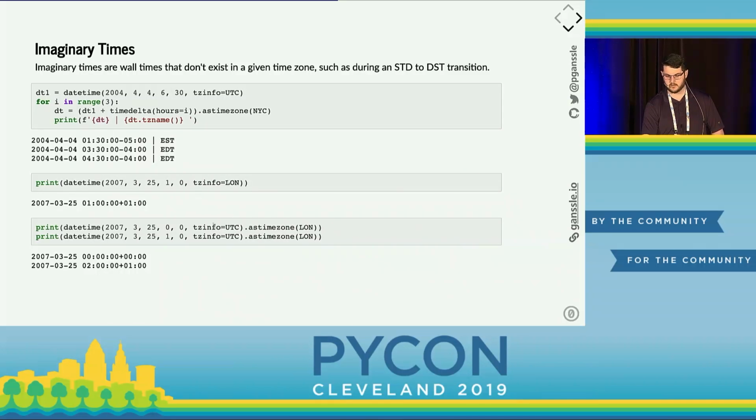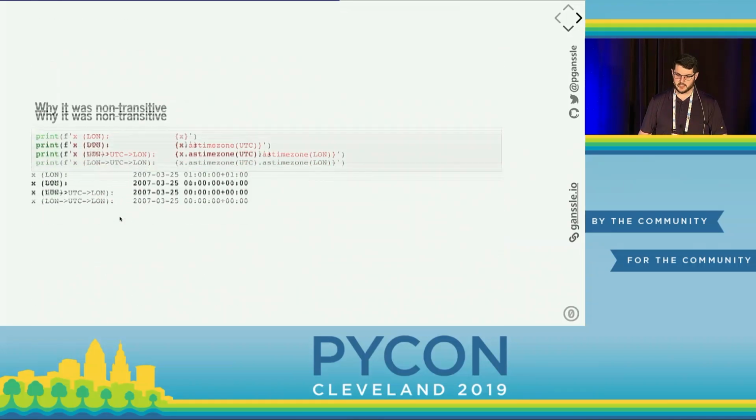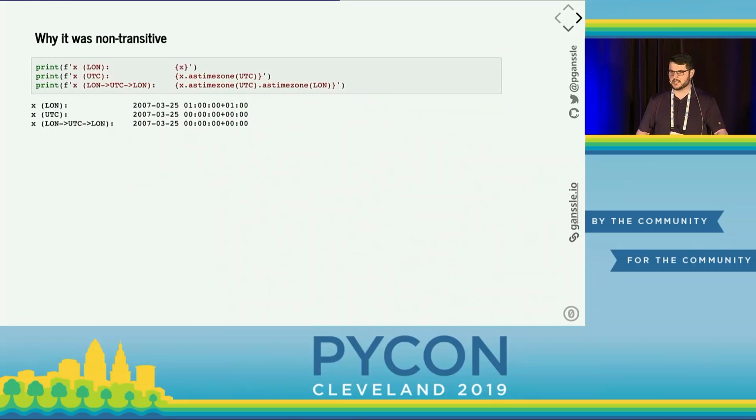If I represent the 1 hour before and after this in UTC, I get midnight and 2 a.m. in London. So this happened during a transition. But that still really doesn't explain why it's non-transitive. I guess you could say it's undefined behavior or whatever, it can do whatever it wants. But there's actually a reason why it's non-transitive. And the reason is that